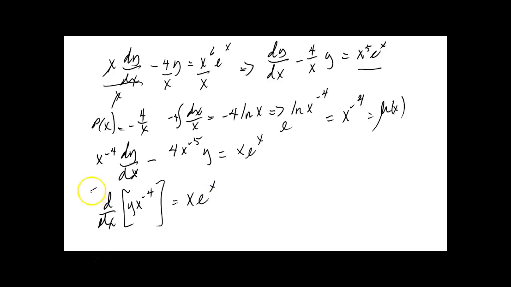So that means if I integrate both sides of this, and I'll need to put a dx here, then my left hand side, and technically I am putting a dx here too, they wipe out, and you're doing the integral of a perfect differential, and you get exactly this. So you get y x to the minus 4 is equal to,